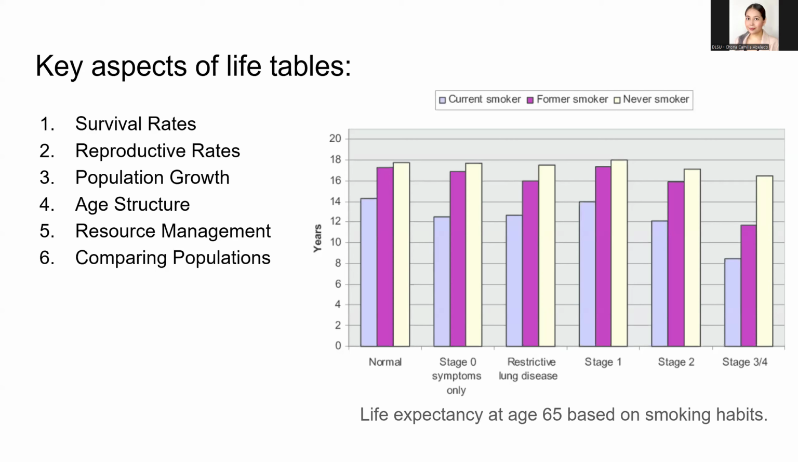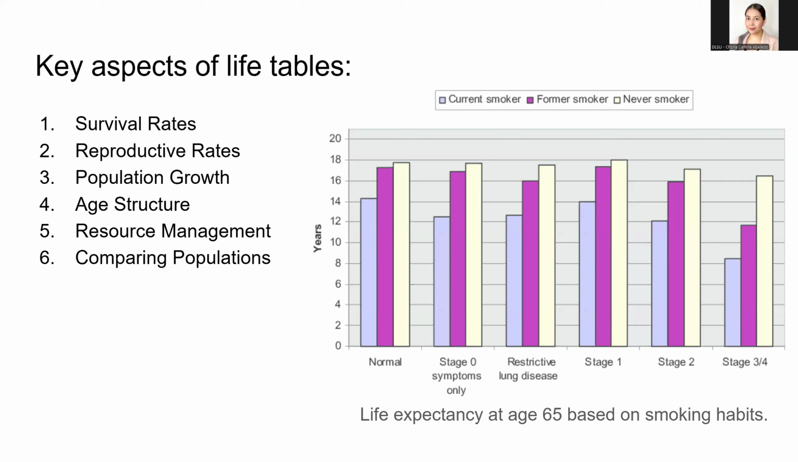Now, items 1 to 4 ang usually kinocompute natin. Yung items 5 and 6 ang naapektuhan nila. So, life tables can inform management decisions, resource management decisions, for both human populations and also non-human populations, mga wild